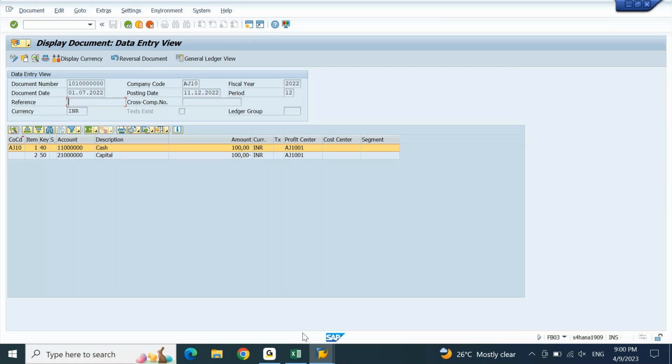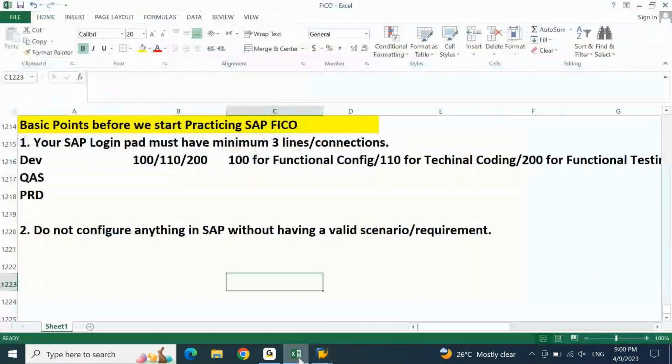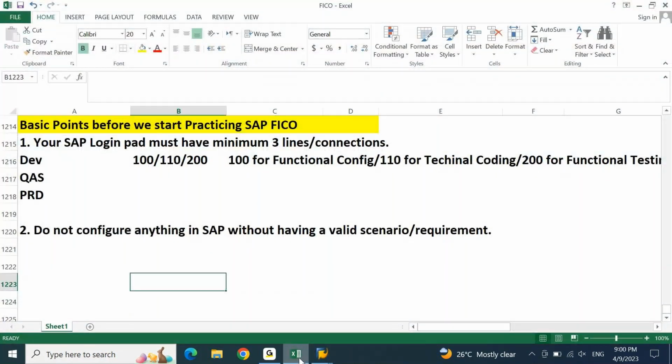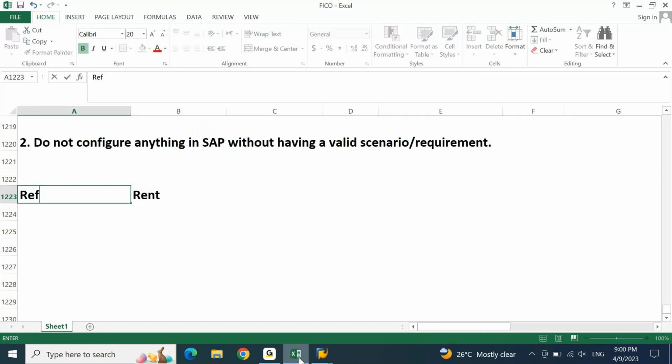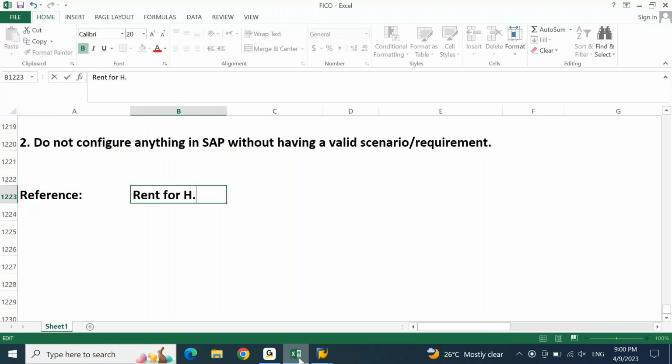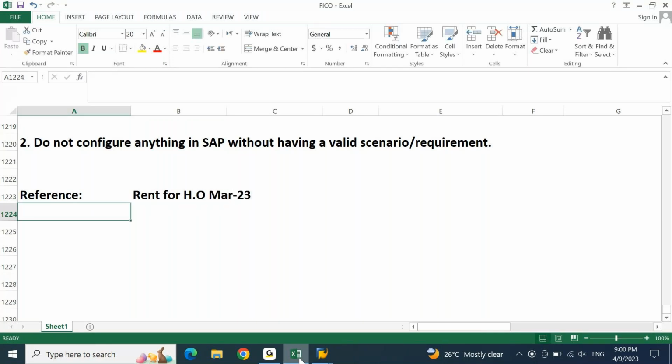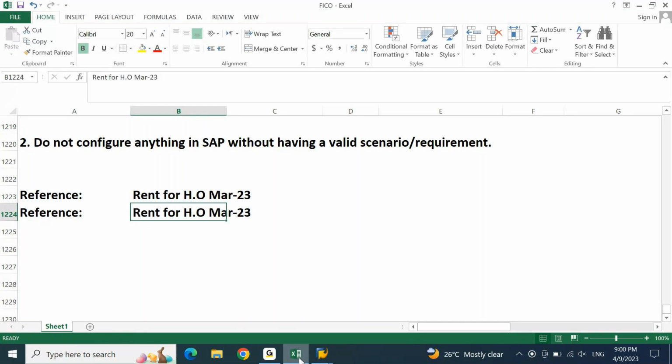Let's say I am posting a rent entry. Every month I am going to post rent. So in the reference, what I am going to do is update rent for, let's say, head office March 23. The next entry, next month when I post rent for head office,